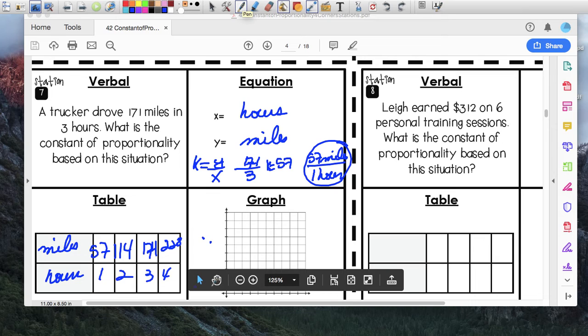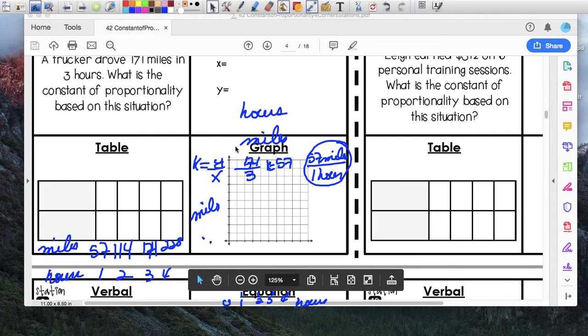I don't know how to get rid of this, so I'm just going to write, and hopefully that should disappear. So that's going to be my hours. That's going to be my miles. And that doesn't seem like it's going to disappear. So 0, 1, 2, 3, 4. I don't know why that's not going away. So maybe if I